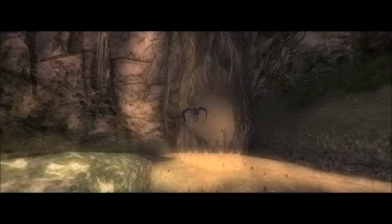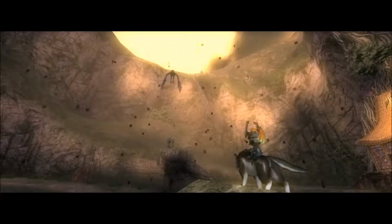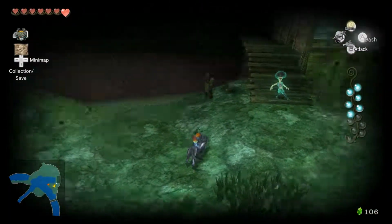So, yeah, those are the three main things that I absolutely love about Breath of the Wild. And now let's go to the three main things that I hate about Breath of the Wild. Now, the first thing that I hate is the position of the dash and the jump button. So, Breath of the Wild is the...